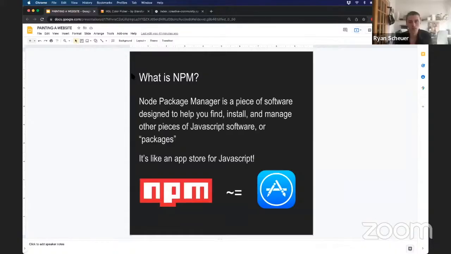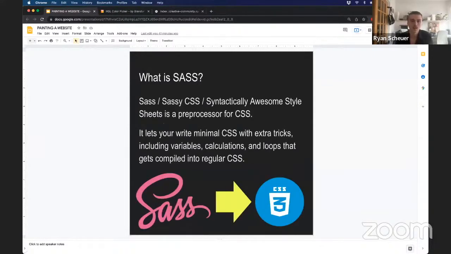We'll go over that more in depth as we begin. And then I want to focus on SAS because writing CSS can be really hard. CSS is really complicated and it's only getting more complicated. So SAS is basically a preprocessor, which means that you write in this SAS language and it processes it into regular CSS. So you don't even have to touch the CSS file, you just touch the SAS file